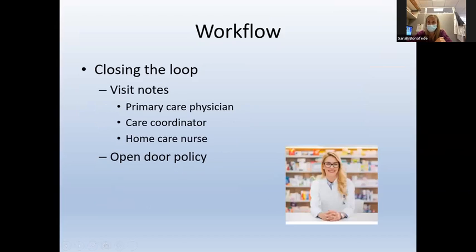So after the visit, as I said, at point of discharge, I really try to be rigorous in sharing all the same information with the same people. So where does that information that I see in the home, where does it go? It'll go back to the primary care physician. So I do a post-visit follow-up note. If there's any questions, if there's any concerns,